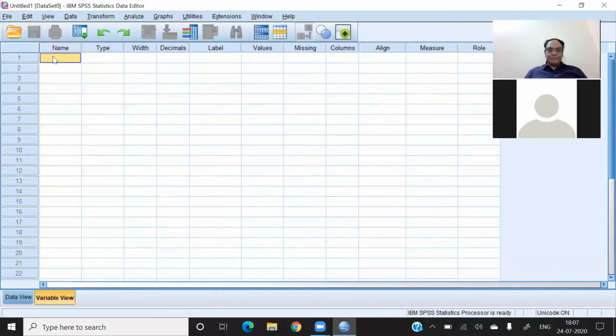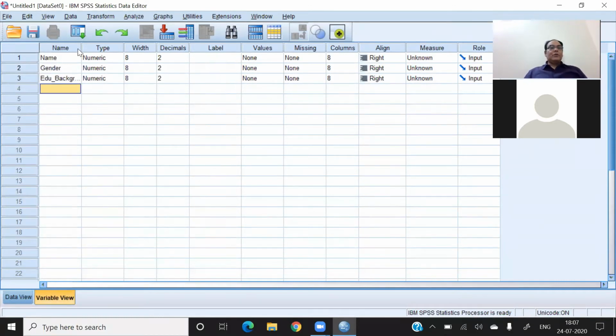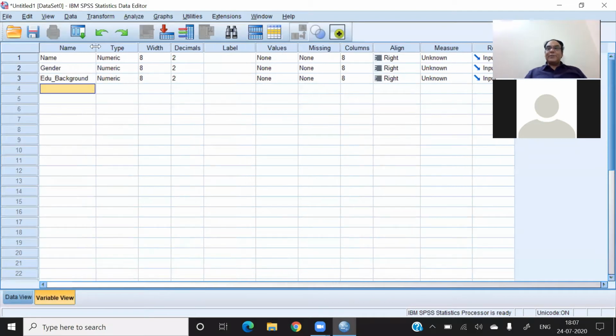First variable I am creating is the name of the respondent. The second variable I want to create is gender. Then I type edu underscore background, or you can put dot. So if I type education space background, software will not take this variable.